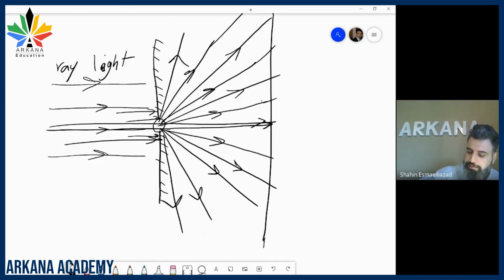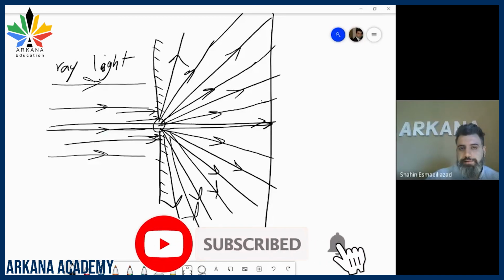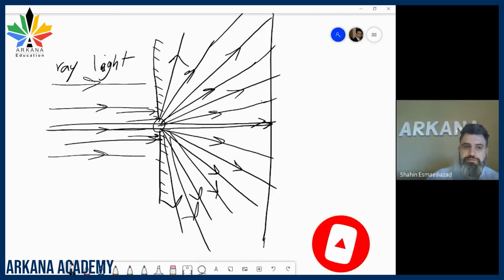So you get the diffraction, and you get the expansion of the rays in the case of a light ray as well. And that experiment was basically showing us that light has the properties of waves as well. I just wanted to mention that as an example, so we